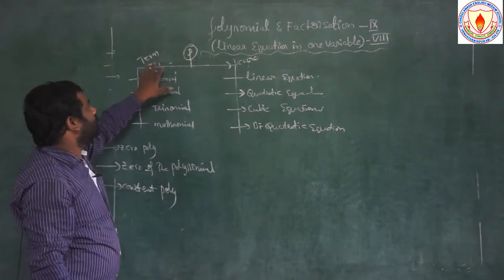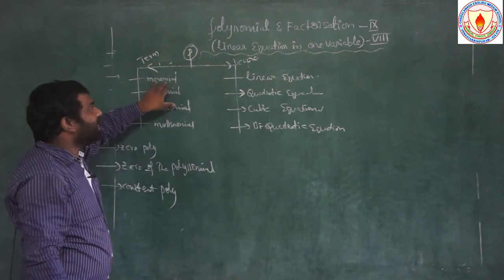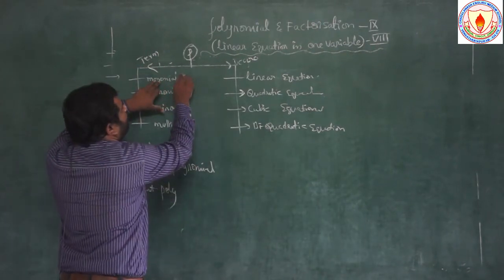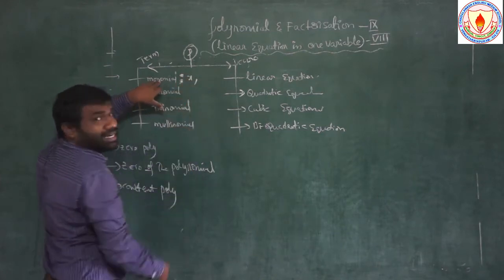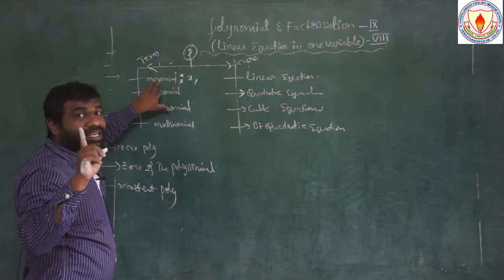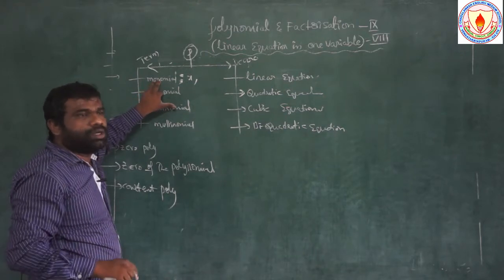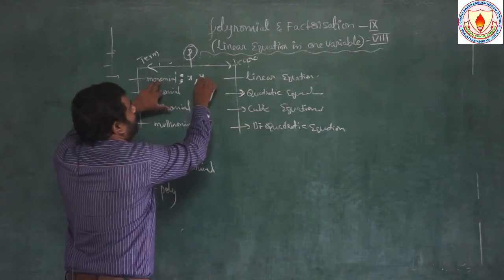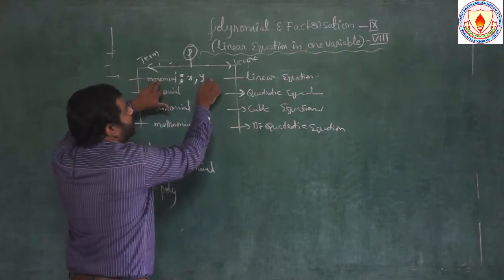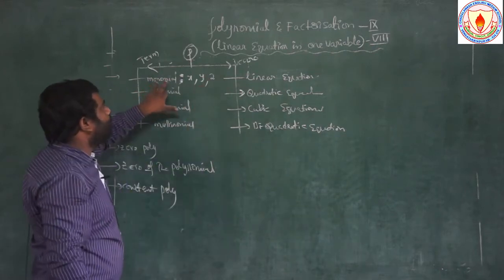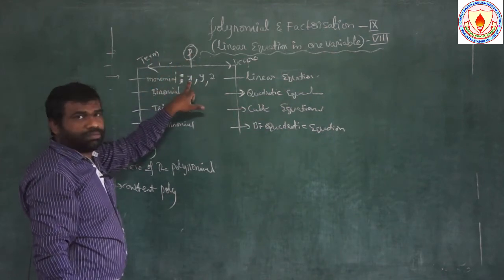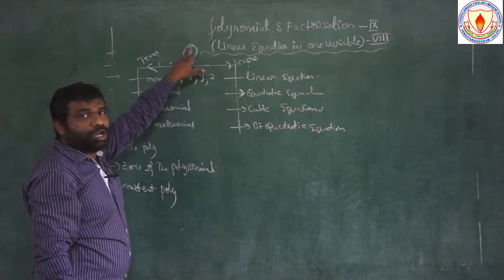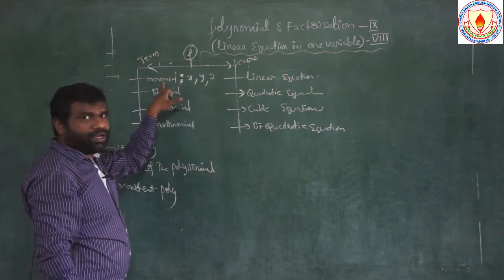See, terms: monomial, single term. For example, monomial, single term: x is one single term. Monomial means based on terms. We have to count it: y is one single term, 2 is one single term. So, monomial is nothing but a polynomial containing one term. Then the polynomial is said to be a monomial.